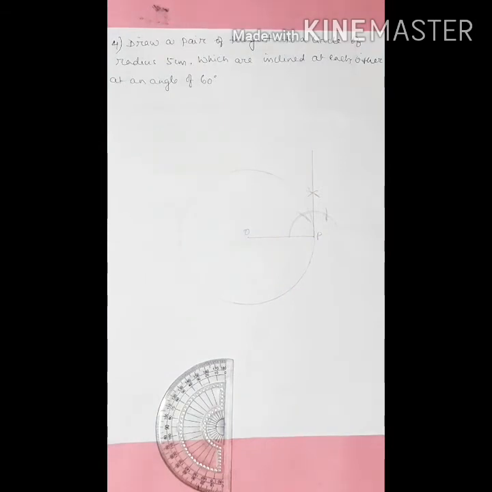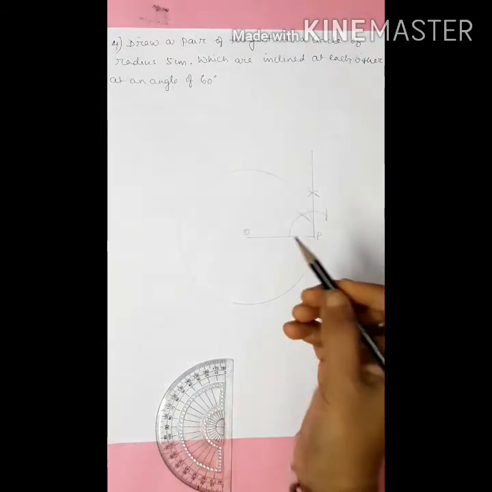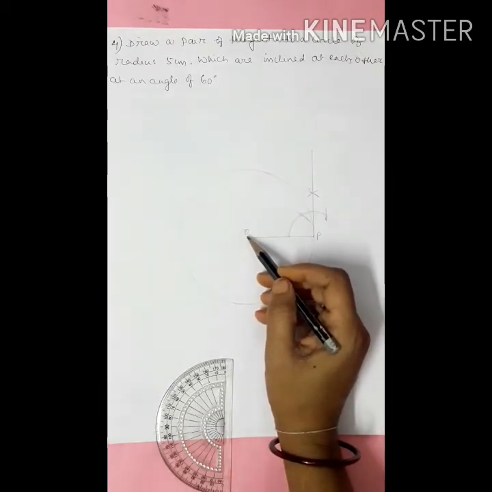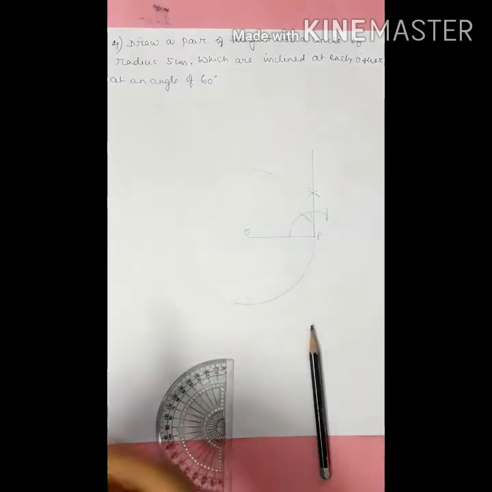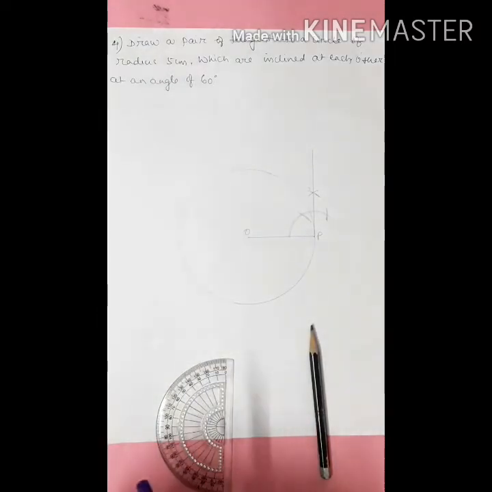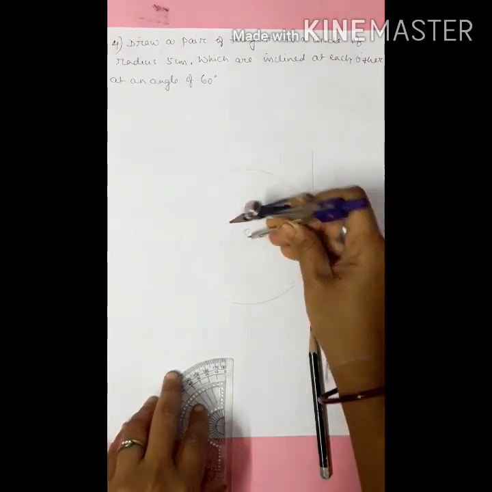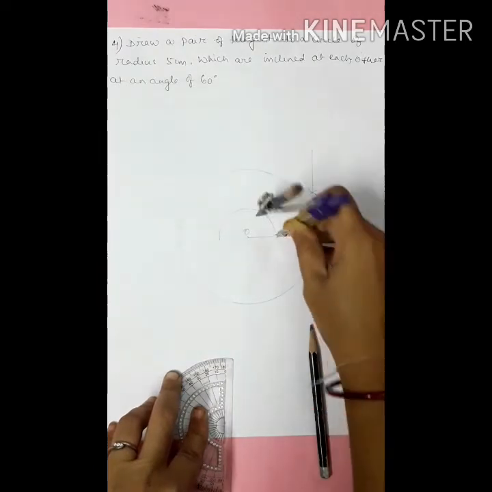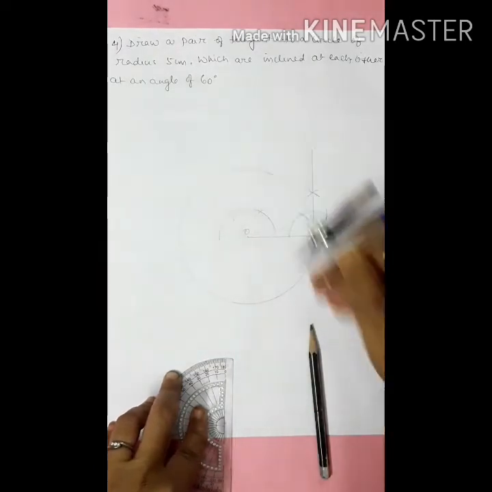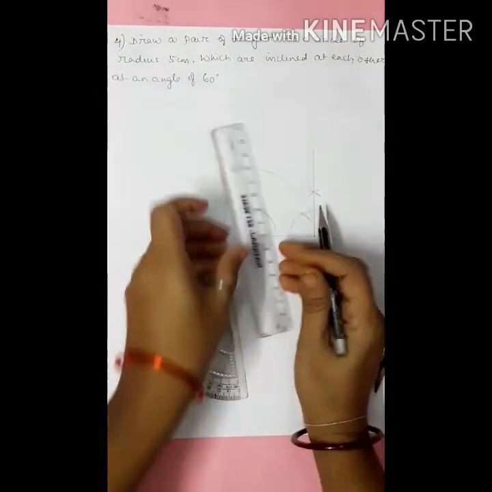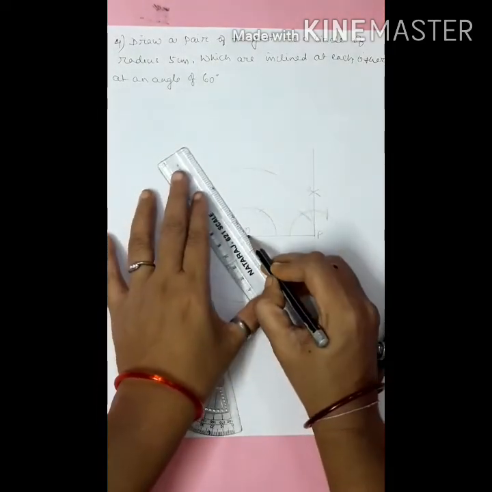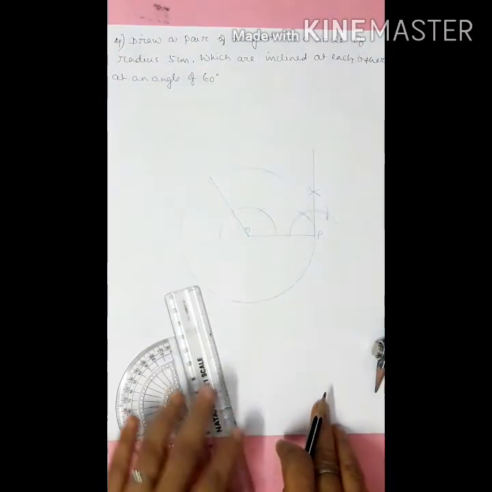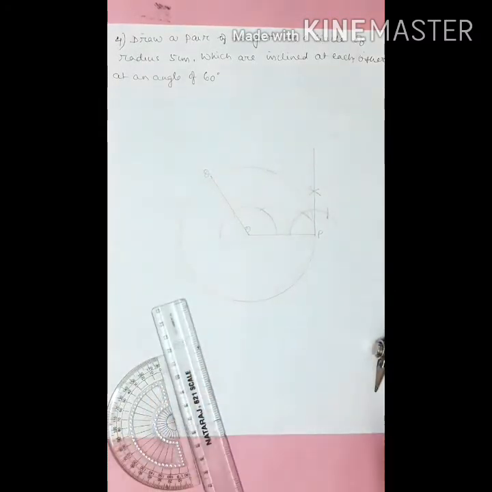So now what we will do here? Construct the 120 degree at the center point O. How will you construct that 120 degree? Take the same any radius. First arc is 60 degree. Second arc is 120 degree. Now make this one 120 degree. Construct the 120 degree. Now this is OQ.